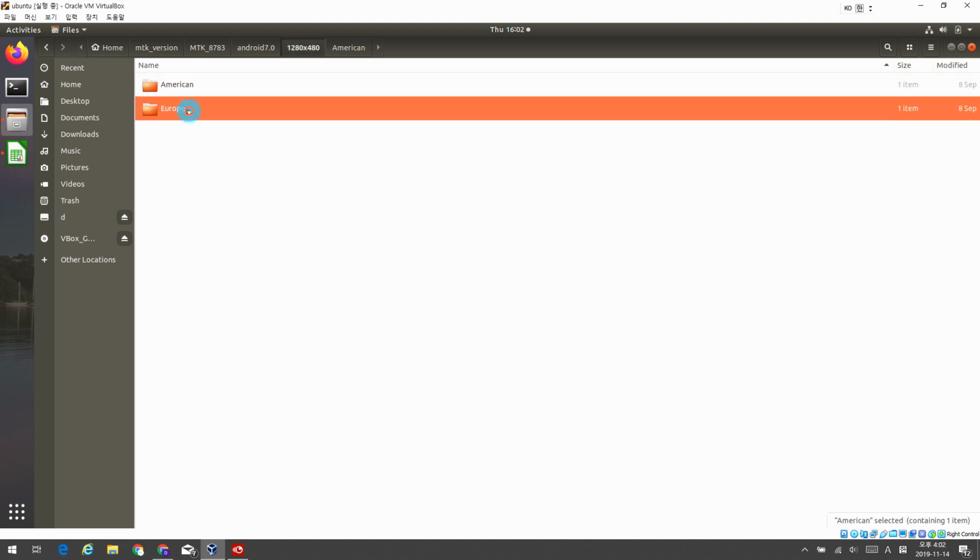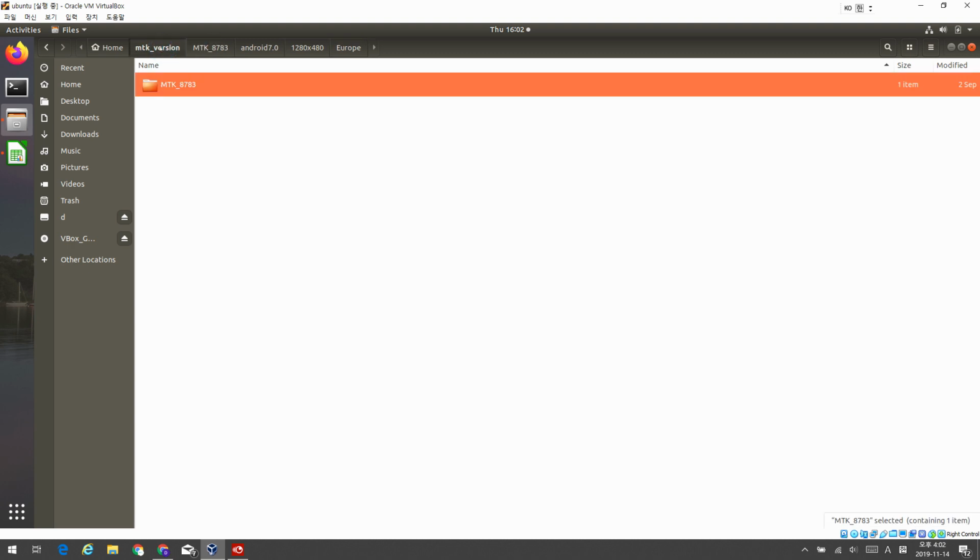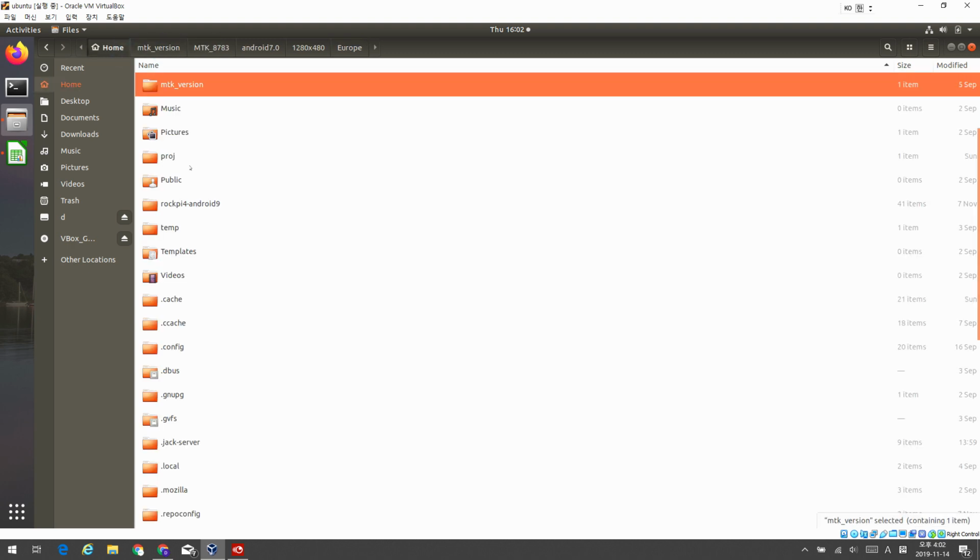So you must keep these three down to the region. The purpose of this folder is where the final product will kick into, and if you miss that folder,